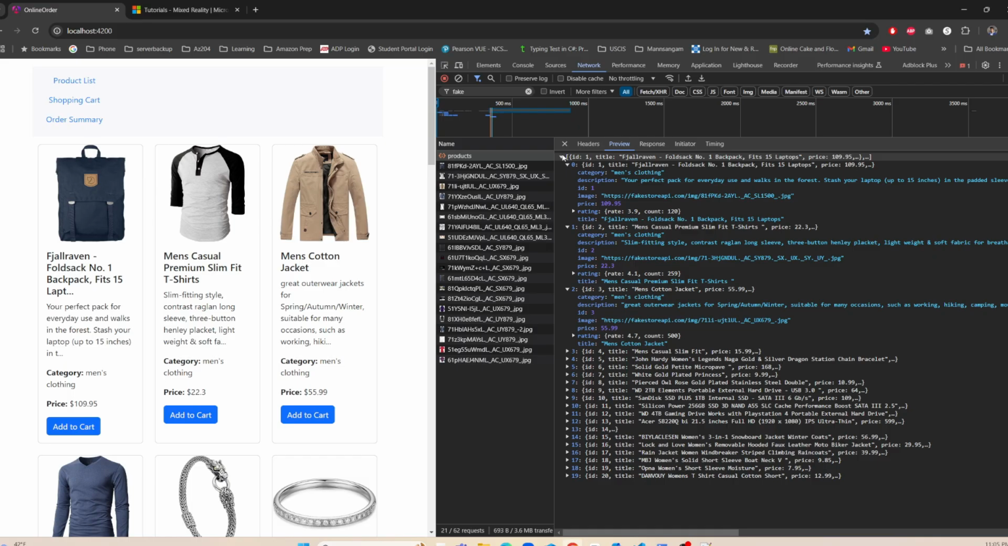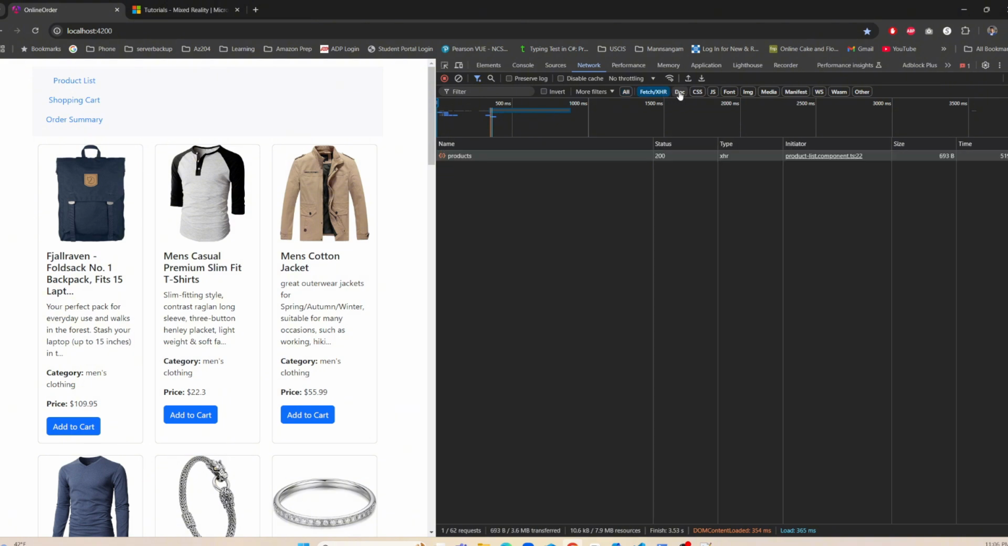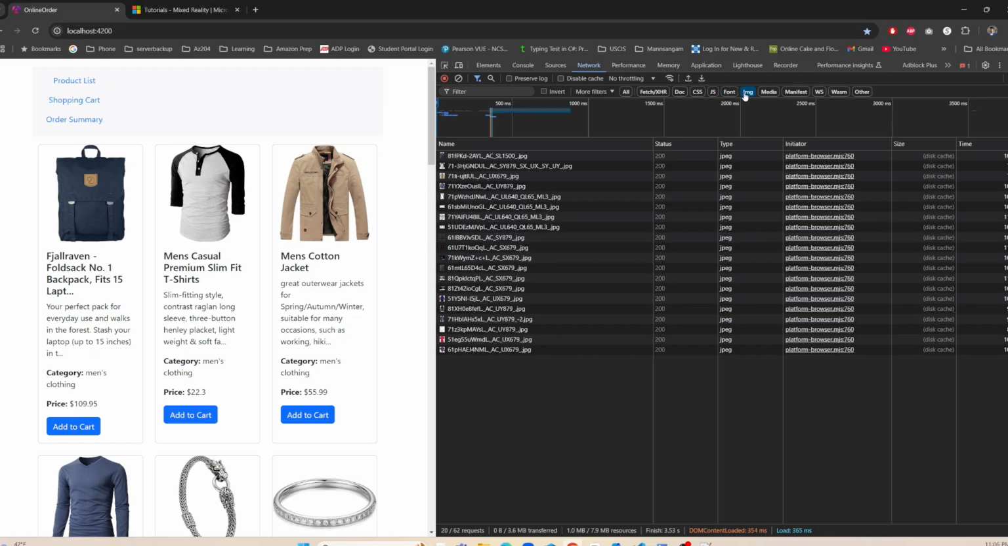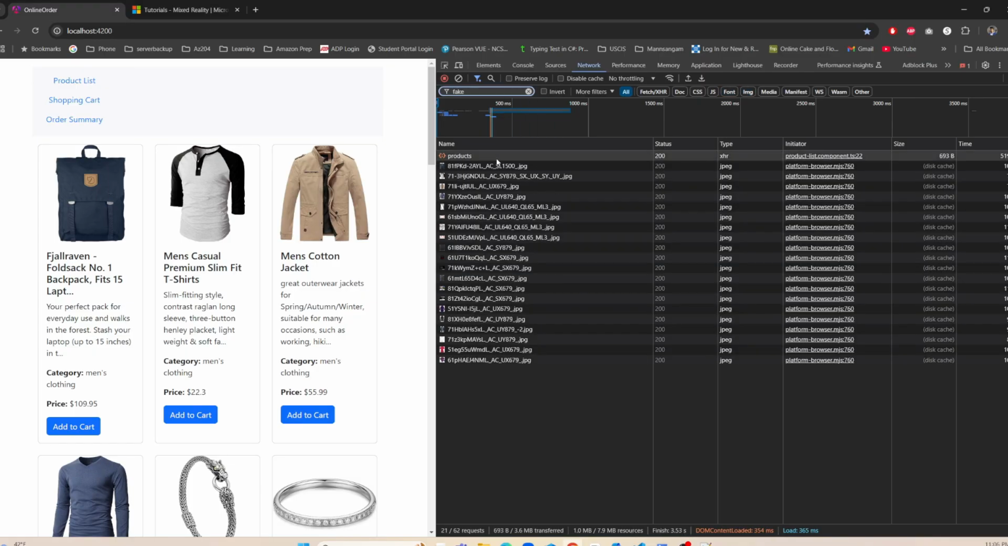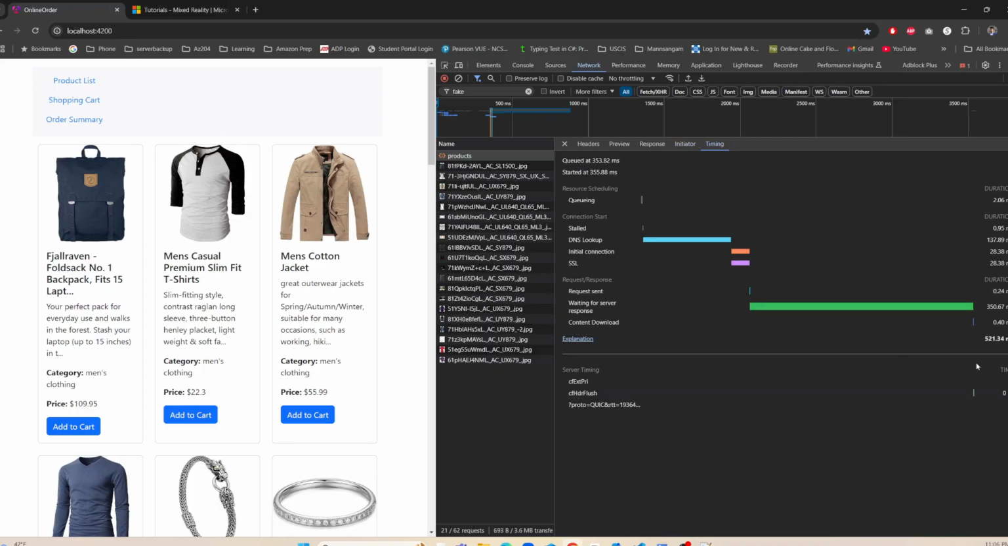The network panel also allows you to filter requests by type. For example, you can filter to see only XHR requests, scripts, or images. This makes it easier to focus on specific types of network activity that your app is doing. Additionally, the network panel provides performance metrics like load time and download size. You can sort the requests by these metrics to identify the heaviest and slowest resources and optimize them to improve